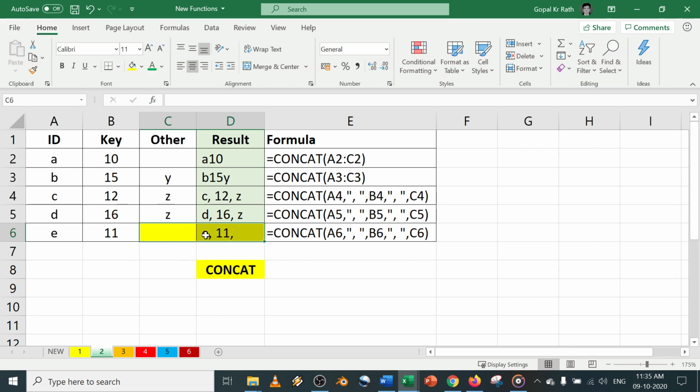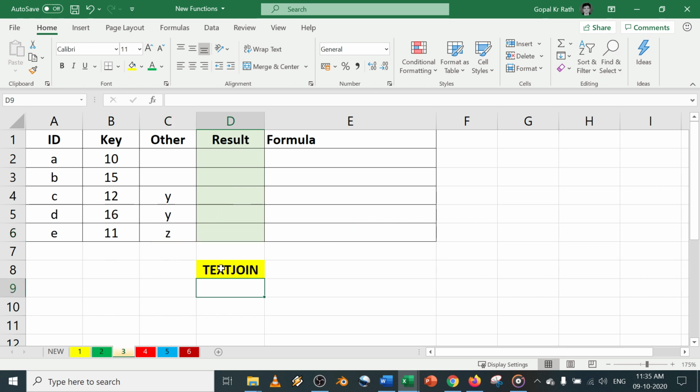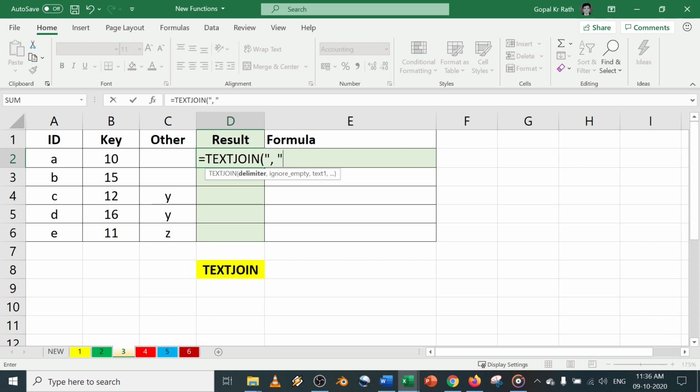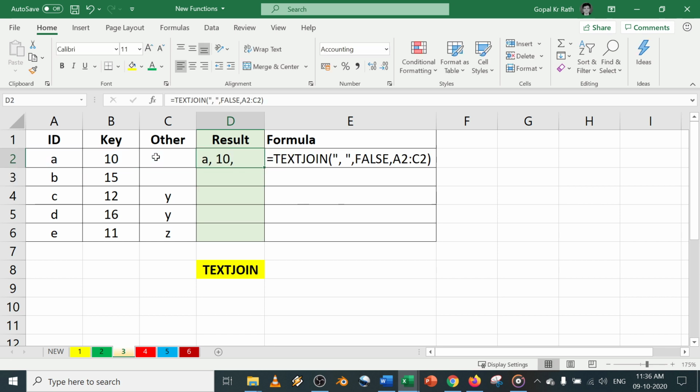To overcome both problems, we have one more function which is called TEXTJOIN. I'll tell you how it works. Equal to TEXTJOIN. For example, you want a comma with a space; give your delimiter one time. Now you select whether you want to ignore empty cells or include them. For example, first I will say FALSE so that I include empty cells, then select the range. Now you can see here I have given it one time, but it is coming two times, right? But you can see here after that we have one more comma.